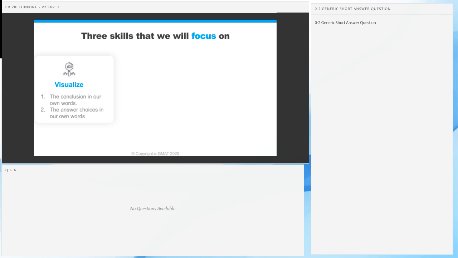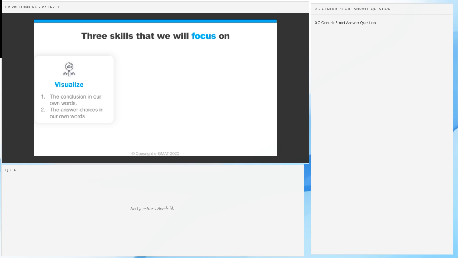All right. So pre-thinking is a method. Whenever you apply a strategy or a method, it typically is built on an understanding that you know certain skills, a certain foundation. The same thing holds true for pre-thinking. It works if you have a certain foundation. If you don't, then you can pre-think all you want and your mind's going to be blank.